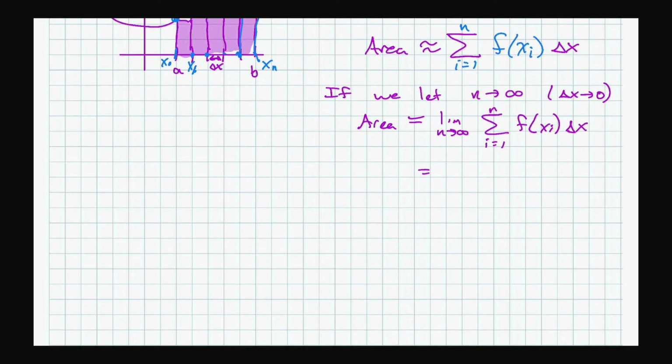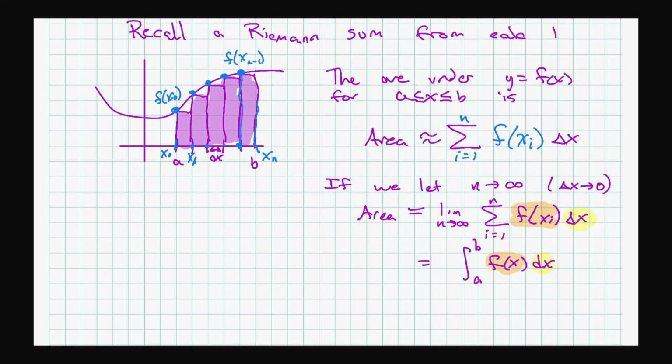And then we just made up the idea that this is what we were going to call the integral from a to b of f of x dx. And of course, there are things in the formula here, like the delta x, we changed to a dx, and the f of xi, we ended up writing f of x in the formula for the definite integral. Okay, and obviously that was not a rigorous definition, but